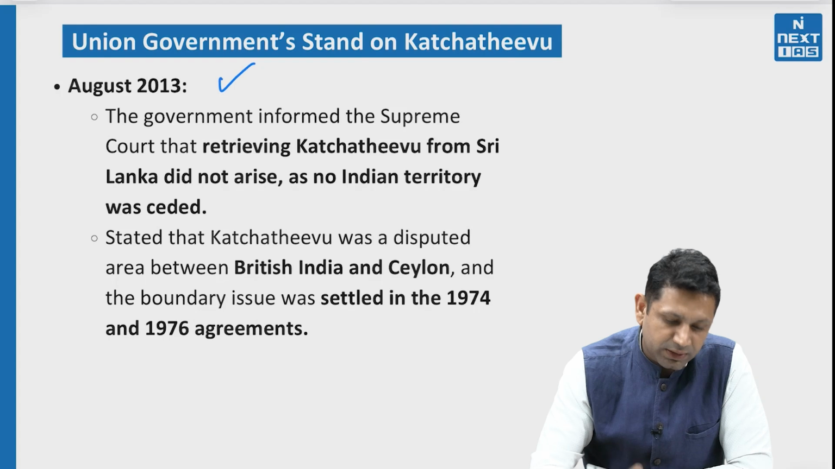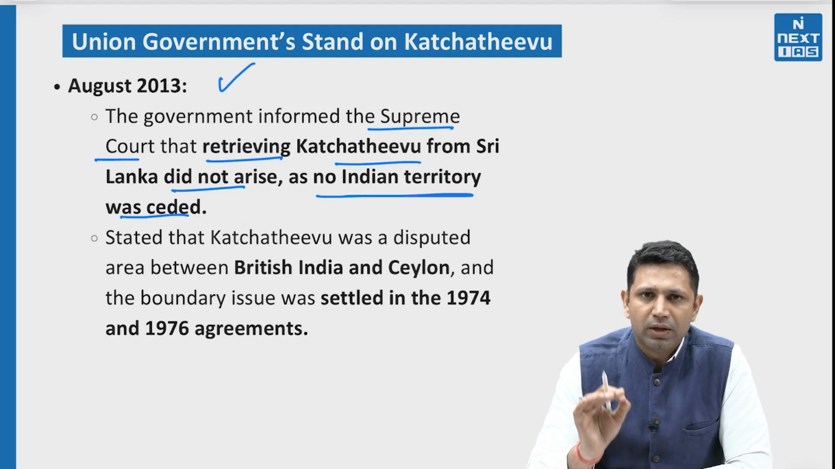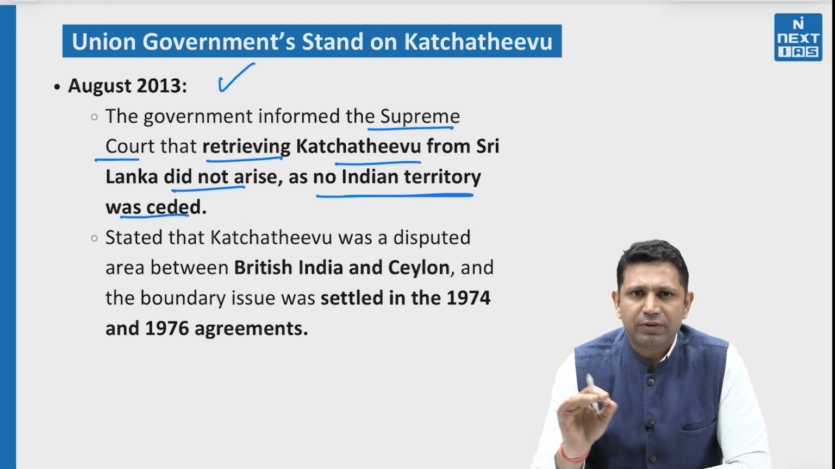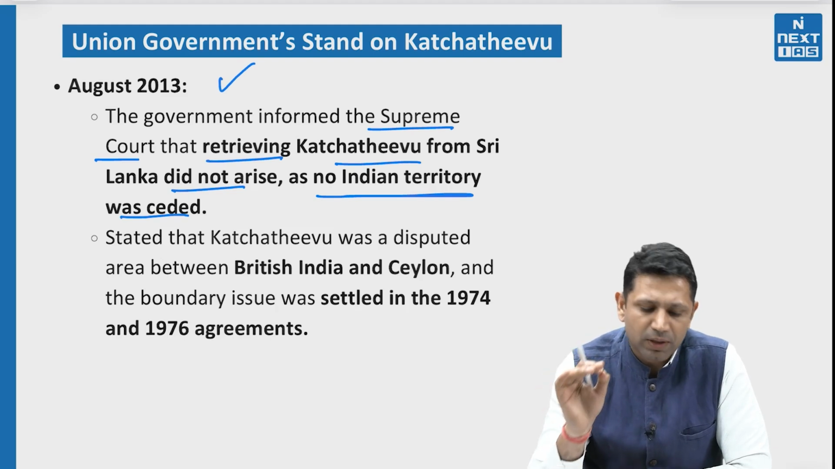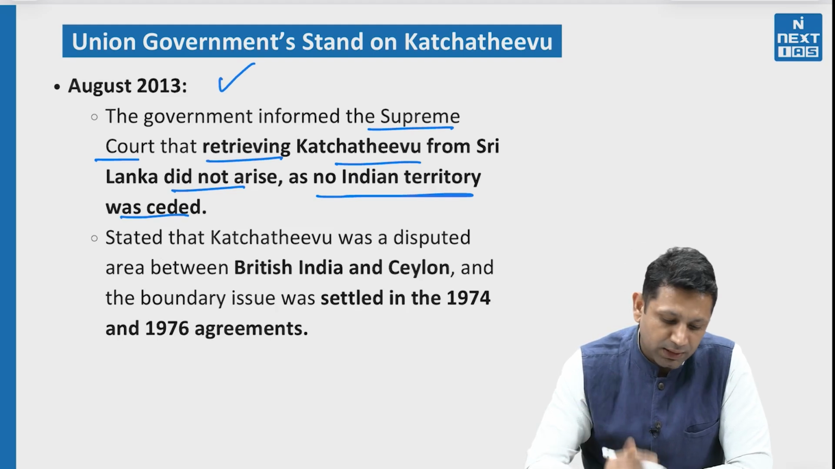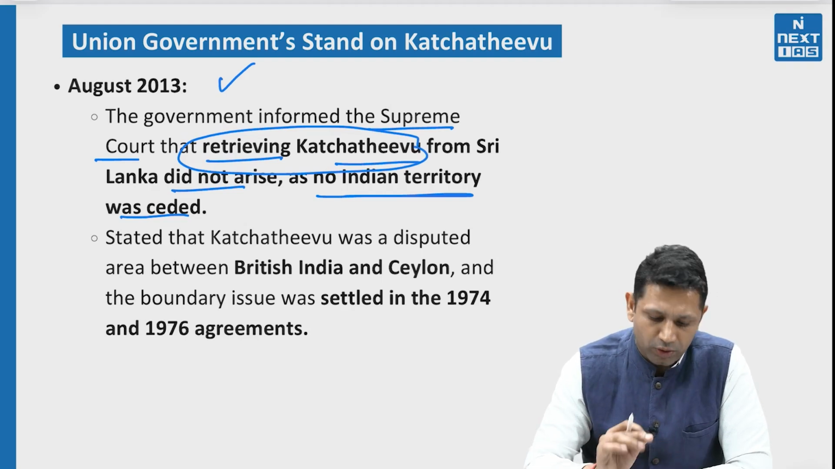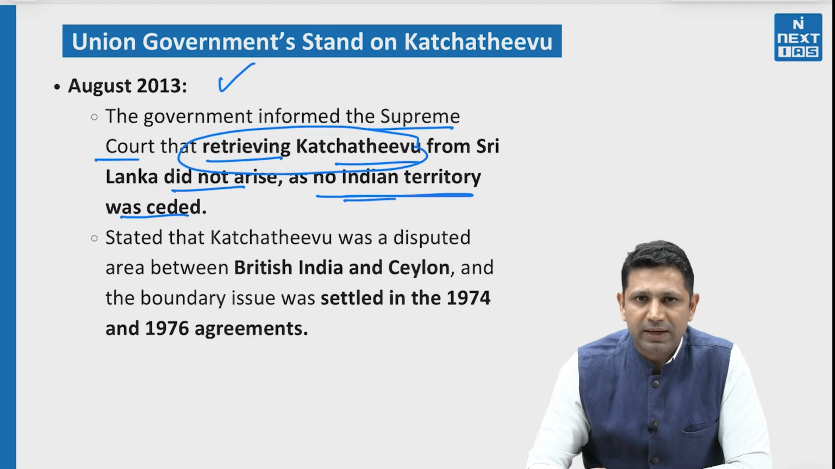That's why in 2013 itself, the government informed the Supreme Court that retrieving Katchatheevu from Sri Lanka did not arise as no Indian territory was ceded. So in case of any secession of Indian territory, there has to be a Constitutional Amendment Act. So this Union government in 2013 submitted to the Supreme Court that retrieving Katchatheevu from Sri Lanka did not arise. There is no need to retrieve Katchatheevu from Sri Lanka because no Indian territory was ceded